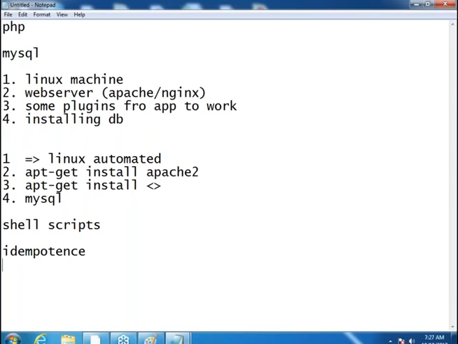When I say idempotence, when you execute it one time or thousands of times, it would give the same result. Now let us assume that I have given you a Linux machine and you execute the script. You already have Apache server and you execute the script. It will not cause any impact. It will just check that, okay, Apache server is already available, let me not execute this step.